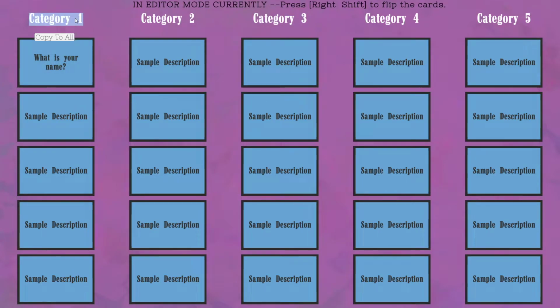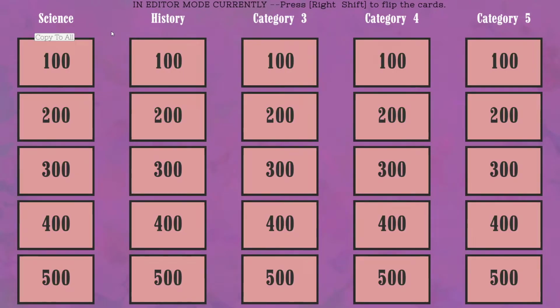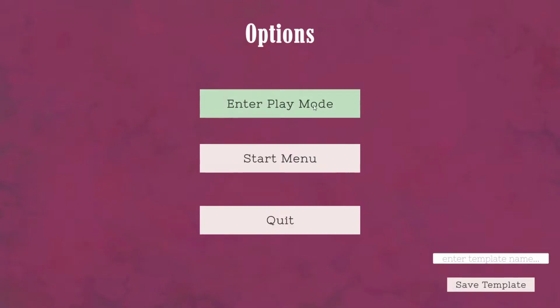and also you can change the categories, right? You can change it to something like science, history, yeah, you know, basically you get the gist of it. And press right shift again to flip the cards, and maybe you want to change something here and make this 5,000 instead, and make this, I don't know, 200. And yeah, if you want to start playing the game, you just click escape and you just hit enter